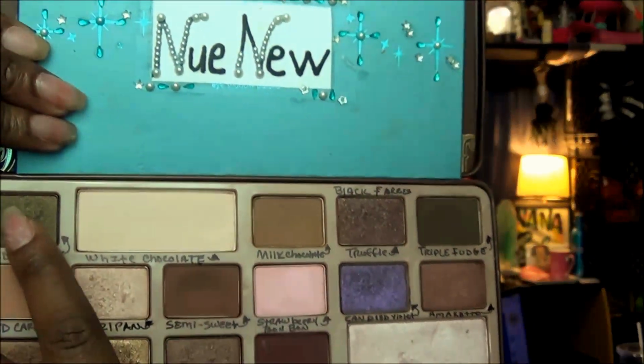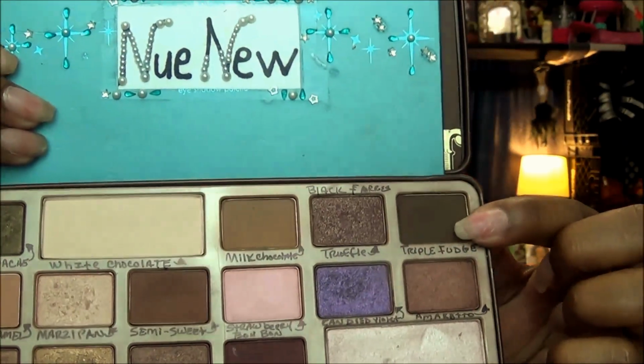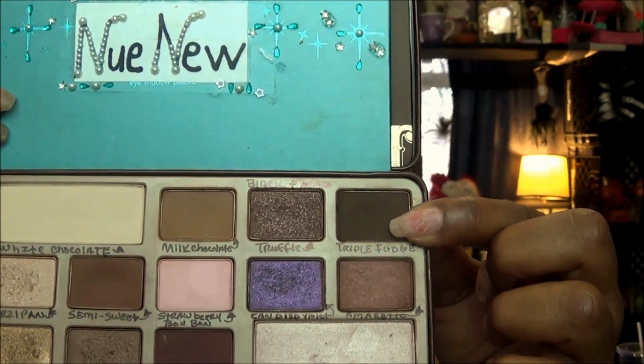And then the outer perimeter of the eye, I mix Gilded Ganache, which is like a green, and Triple Fudge. So this is Gilded Ganache, and this last one here is Triple Fudge. So I mixed those two together, and it gave me a very beautiful kind of smoky eye on the outer perimeter of my eye. Now for the crease area, first let me do this,